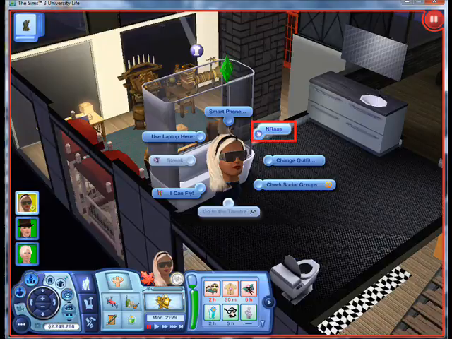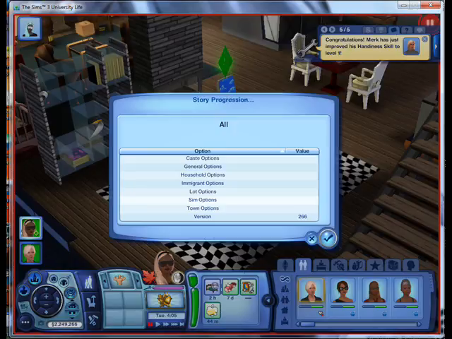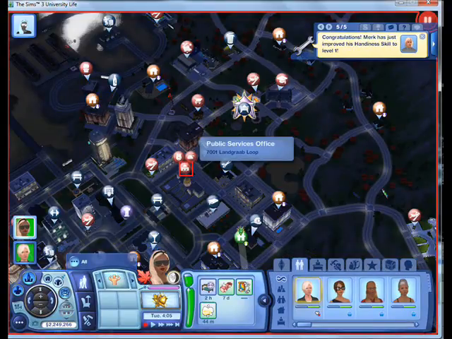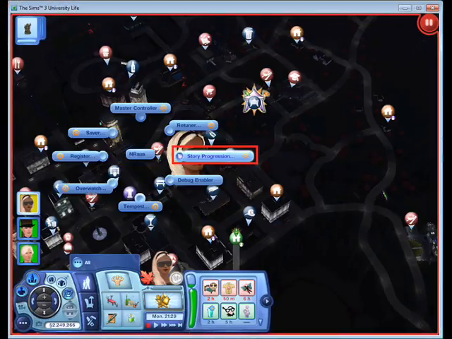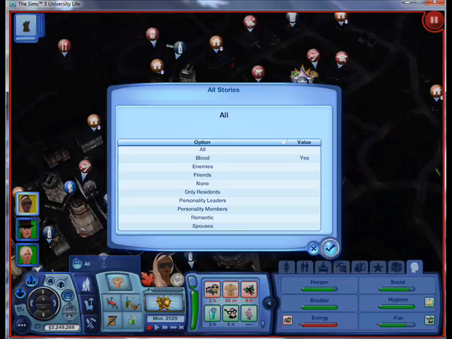The Story Progression mod provides maintenance and quality control for the Sims who are and are not being played, regarding individual and en masse factors of your choice. For example, notifications, the pop-ups which inform you of your Sims' achievements. Click on your Town Hall in World View, then NRAS, Story Progression, General Options, All Stories, and from here you can pick and choose whose notifications do and whose notifications do not pop up.